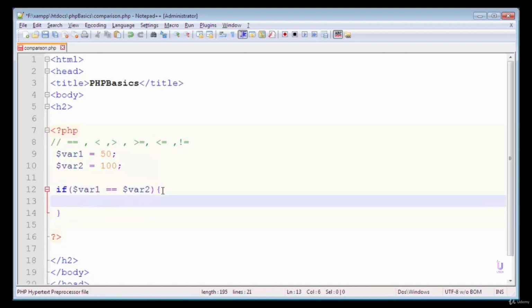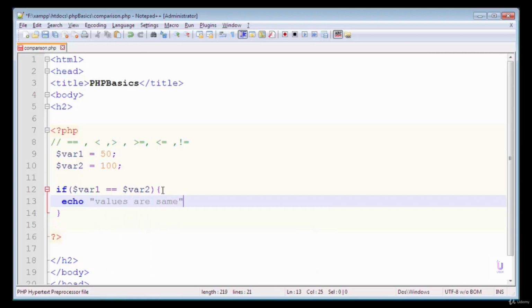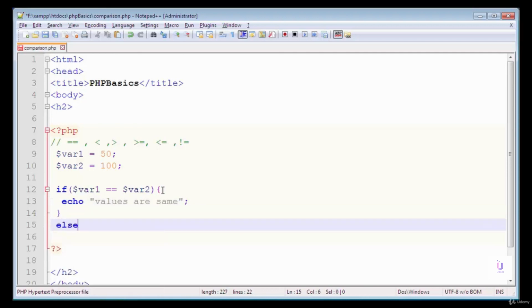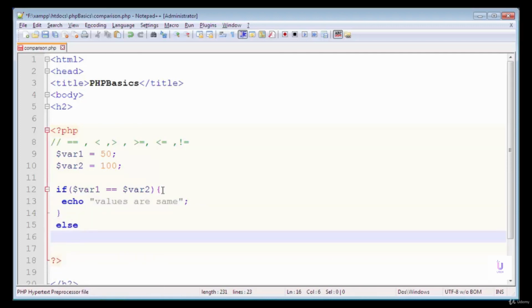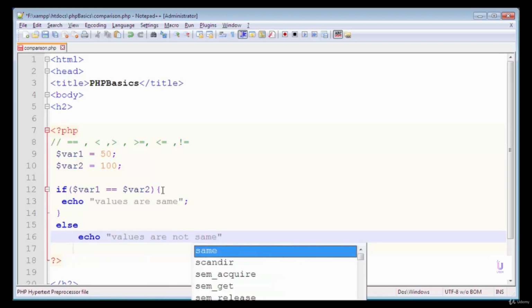Now I'm gonna write an if statement: if the values are same, echo values are same, and in else, otherwise if the values are not same, the message will be displayed that values are not same.